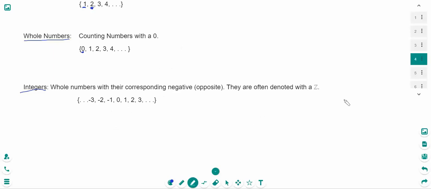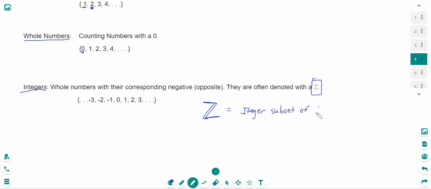Now, one other note here is that integers are so widely used in mathematics that we do give them another symbol to represent that particular set. And the symbol is this Z right here. It's kind of a big capital Z. And again, sometimes it'll have a second line inside of it. Looks kind of like this. So when you see this symbol, just know that this represents the integer set, or I should really say the integer subset